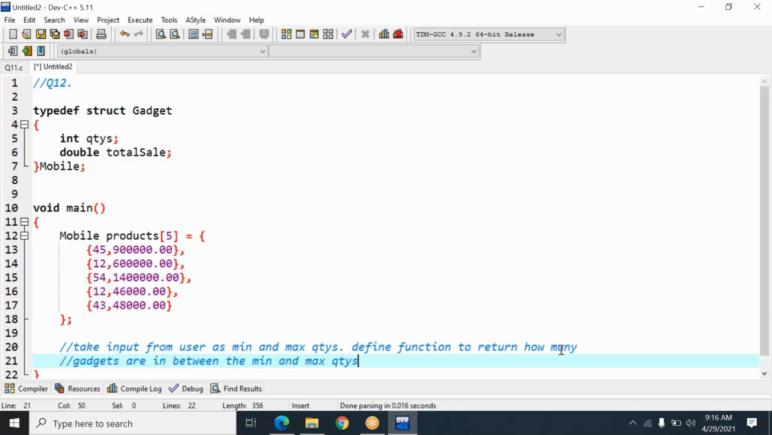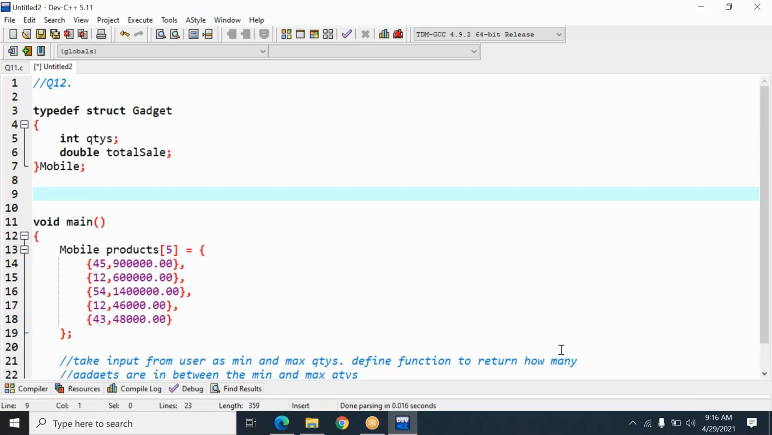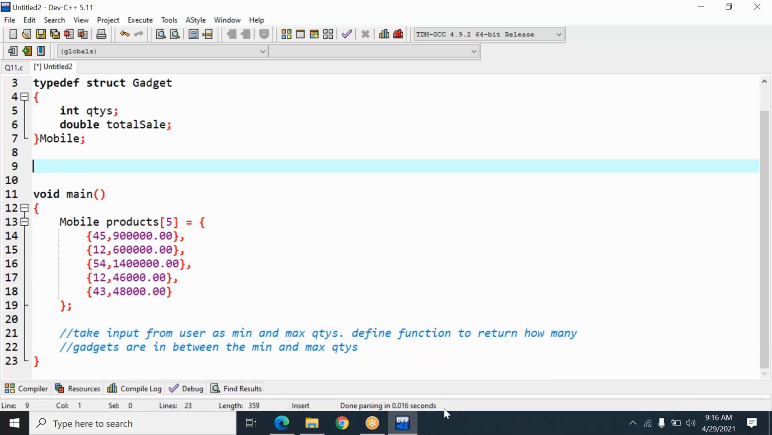Okay, so we will check the gadget quantity. That gadget quantities should be greater than or equal to minimum and less than or equal to maximum or not, using a function. Now here we define a function. The function name is